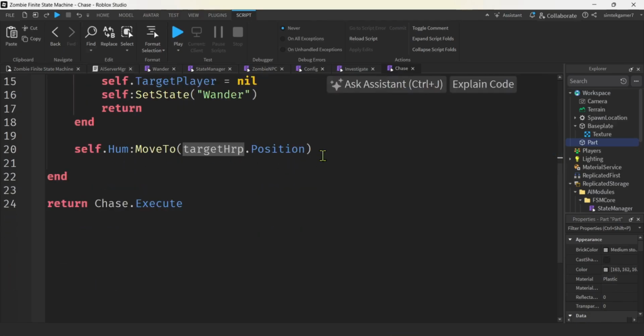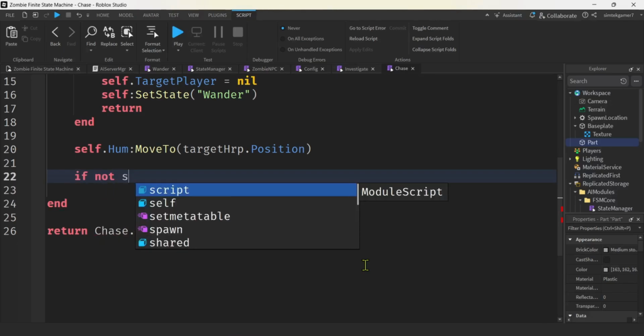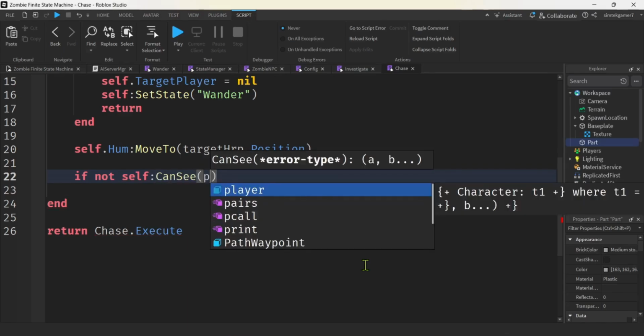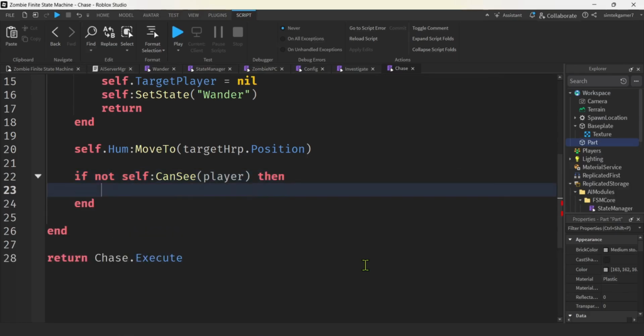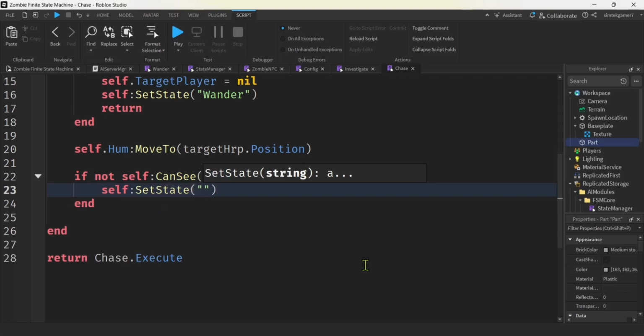And then if everything's good, we're going to move on over to the target HRP position. If for some reason we can't see our player anymore, if not self can see, and that'll be the player, then self set state